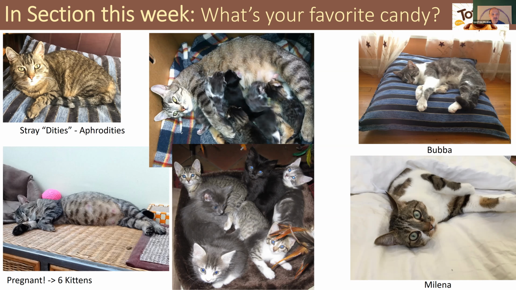But I want to take this opportunity to show off my kitties. We had a stray, Aphrodite, and she was pregnant. And she had 6 kittens. Here they are growing up. I actually had my whole class over to play with them. That was in 2012. And here she was pregnant, and here are the kitties. And then we kept 2. We kept Milena, who is here, and Booba, who is here. So these 2 we kept, and the mother. So we have all 3 right now.